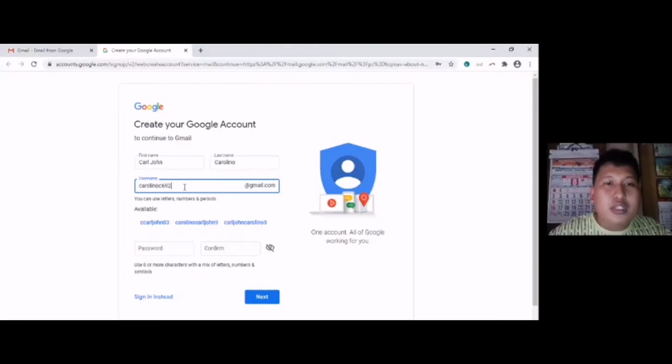Now, Google or the system gives you suggestions on your username. The Google system allows you to put numbers and periods. But I encourage you to create your own Gmail account which is professional in format.